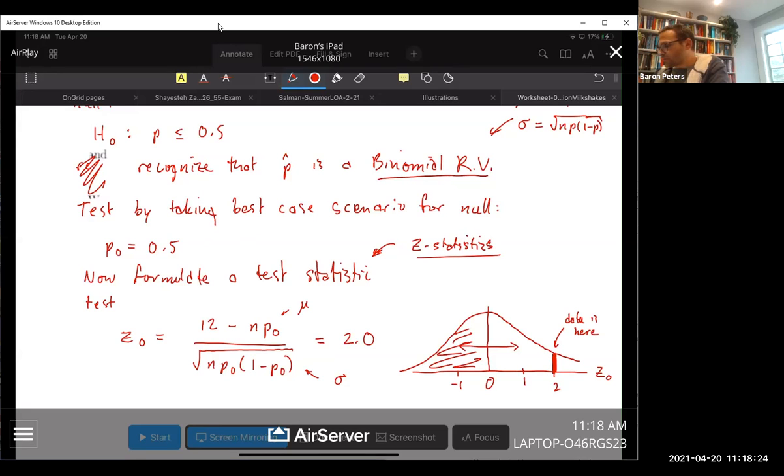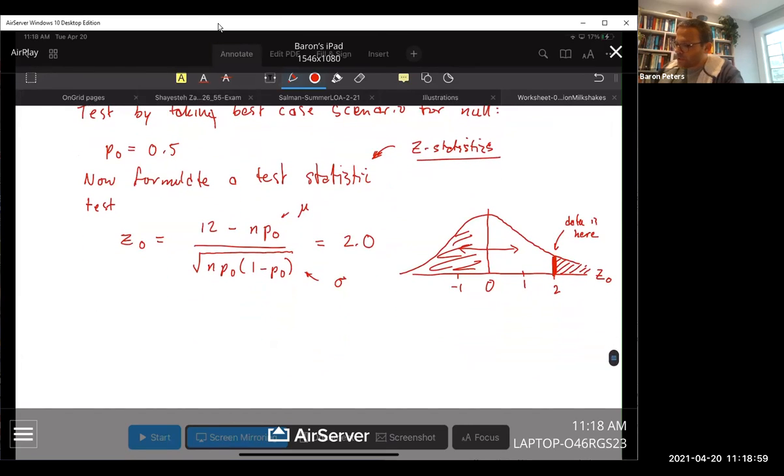Okay, so our data, the farther to the right we get, the more support the data gives to the claim that she's making. All right, so any data that lies here or to the right would be as strong a support for her claim or more, right? And now we can ask, what's the probability that I would have gotten this level of support or more by chance if the claim was false? Okay, you guys understand the logic? All right, so the p-value